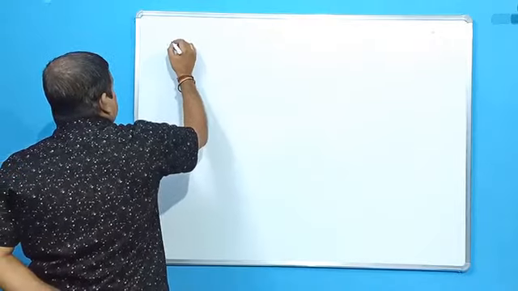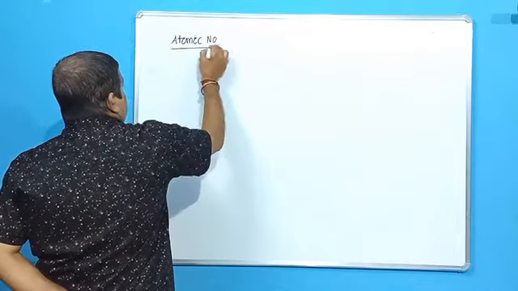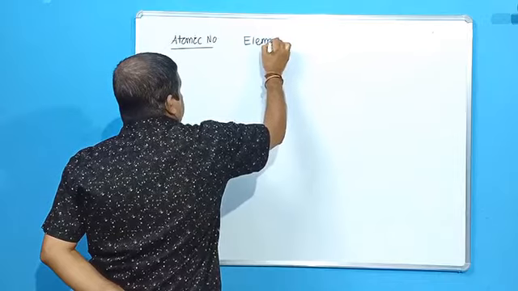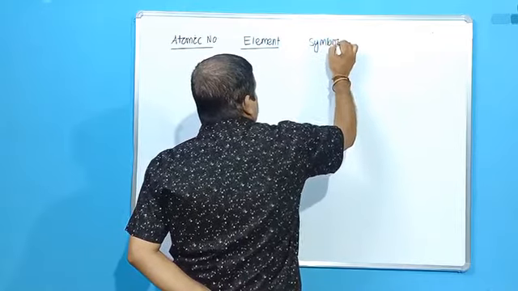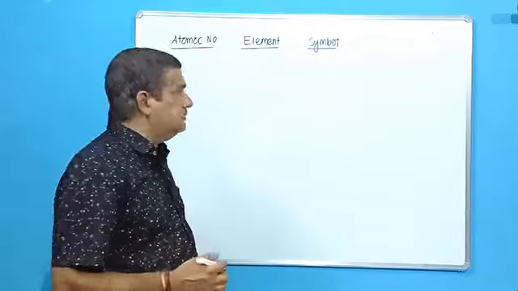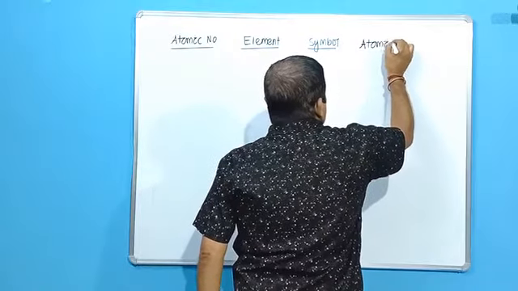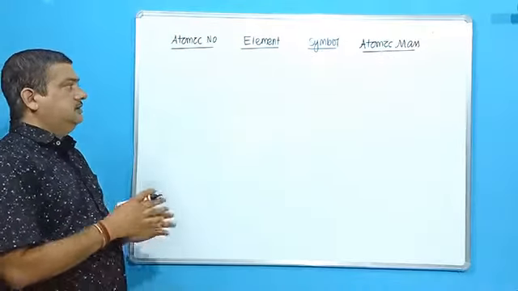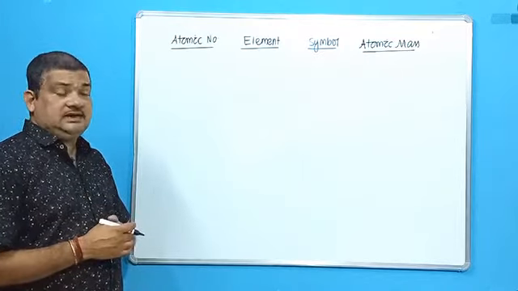So this is how we write. First we write atomic number, then we write the name of the element, then we write the symbol. We cannot write the name of the element every time, so we use a shorthand notation, that is called a symbol. Then at last we find out the atomic mass of that element. So for each column you have to remember at least up to atomic number 20. Then after you remember it, I will give you up to 30 at least.